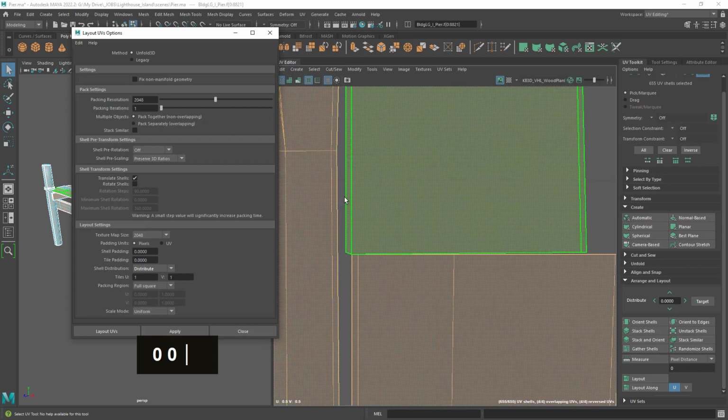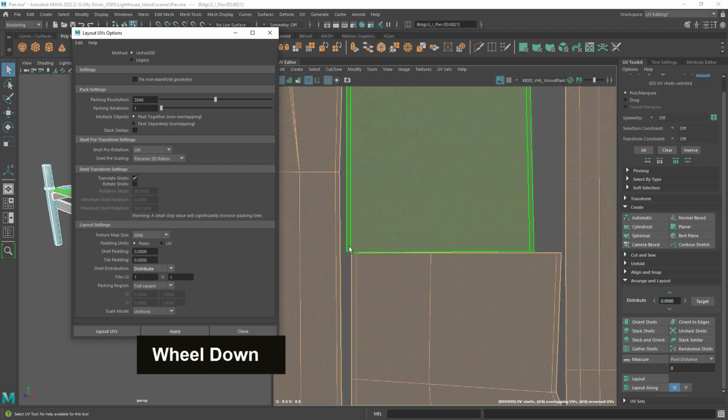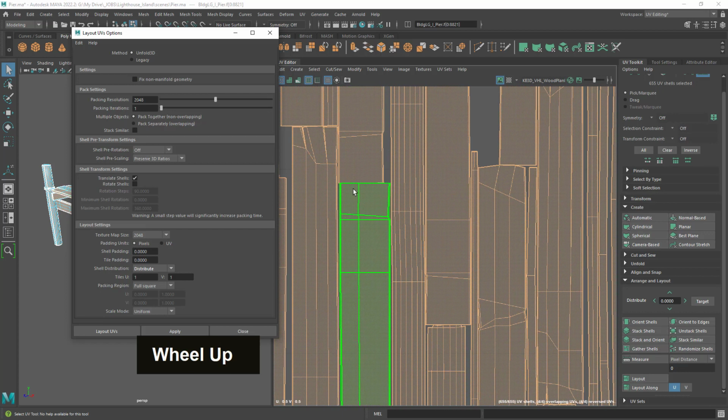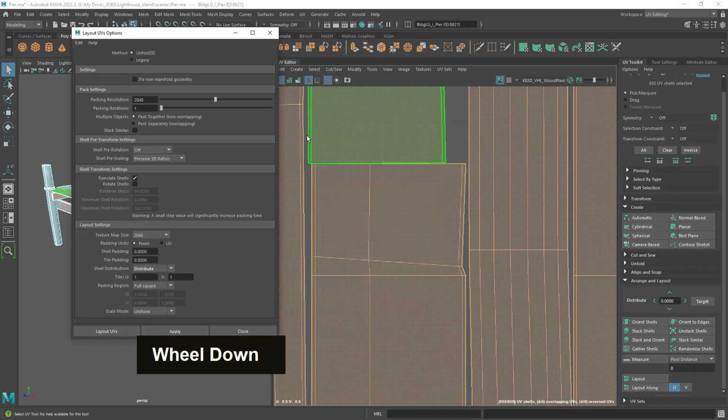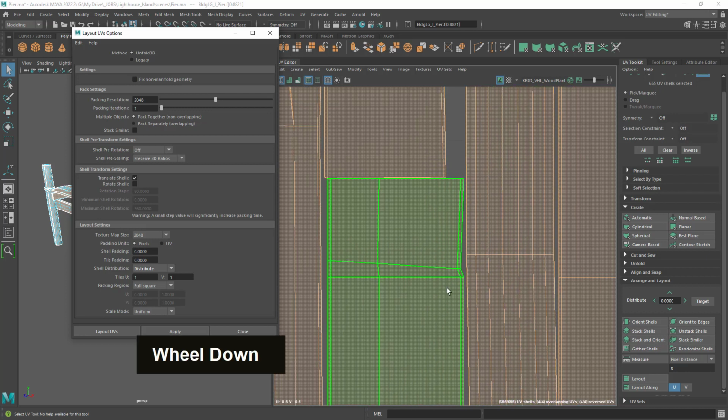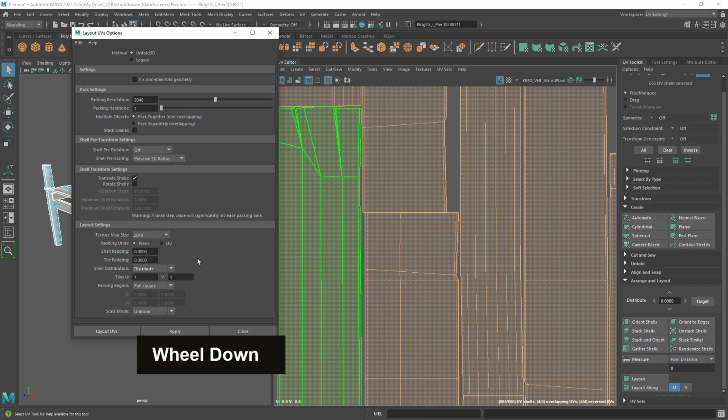Sometimes you have the impression that there is a distance, but there's not actually, because of the shape of this object. We have the impression that we have distance, but if you put a square around every single tiling, you will see that we don't have this spacing. So what I usually do is, I know this thing is 2K, and if I put like 10